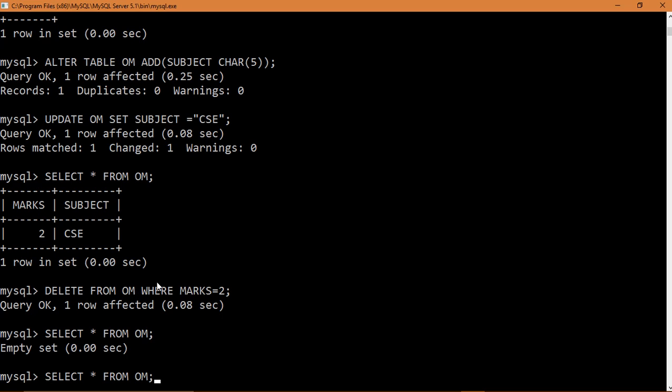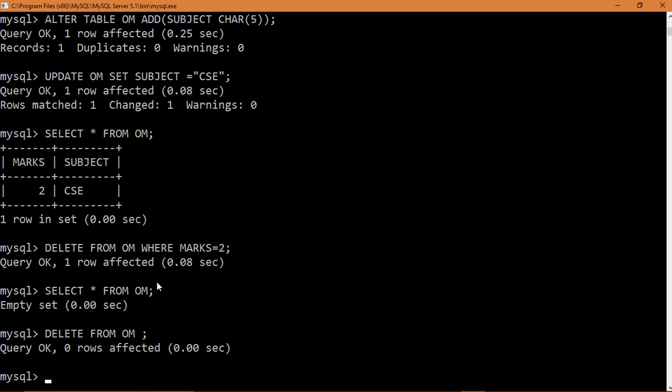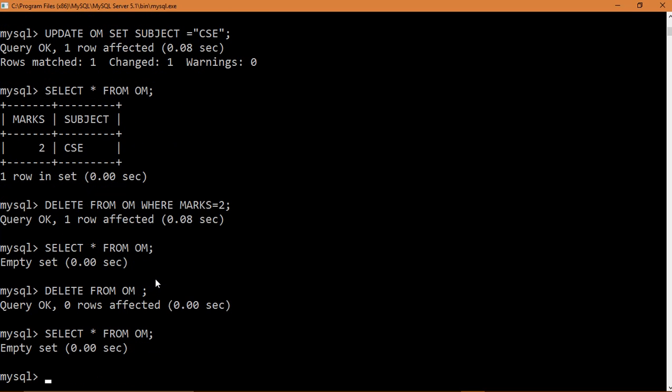Although it is already empty here, if it had not been empty, it would still have deleted all the entries. So if again you write select star from Om, you will again find an empty set.